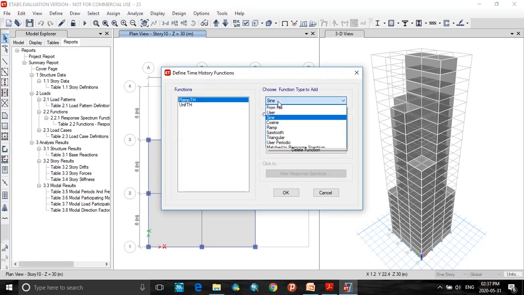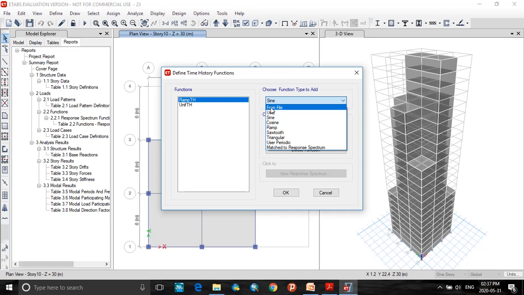So here I will choose a downloaded file, earthquake which has occurred in Bhuj city. So that data is downloaded from the PEER site, and here that data or ground motion acceleration data will be uploaded in this software.